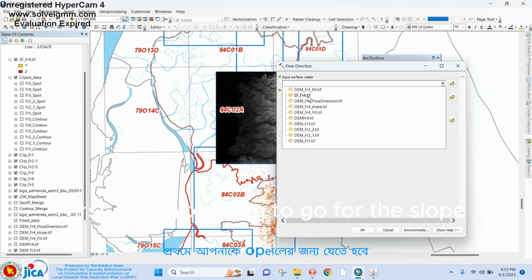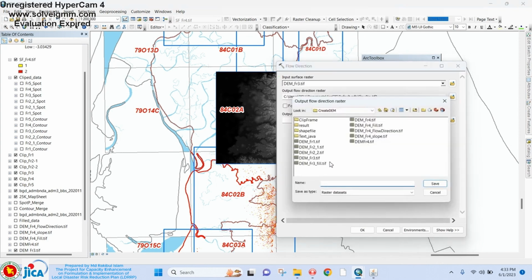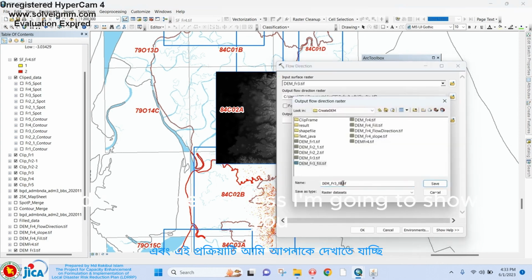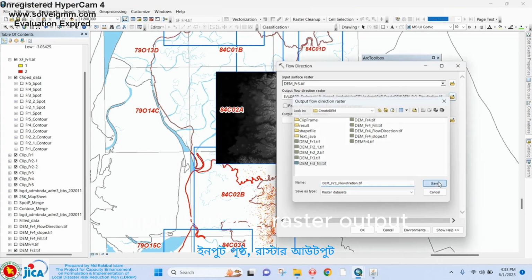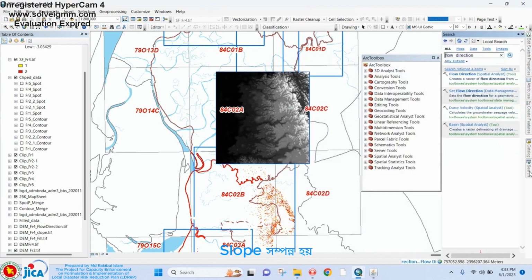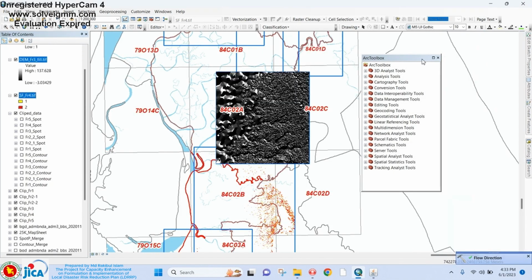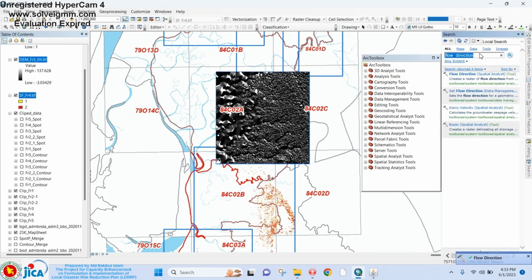First of all, you have to go for the slope, and this is the process I'm going to show you. Input surface raster, output surface raster, output measurements. The slope is done. Fill. And now